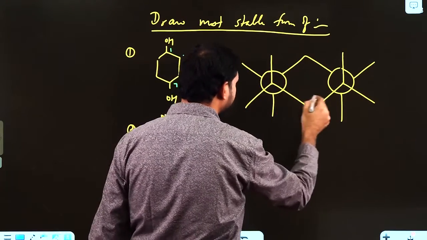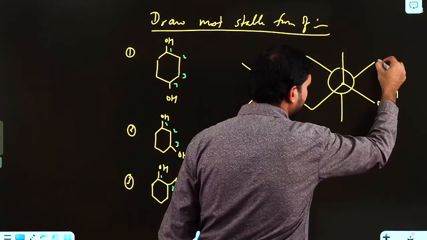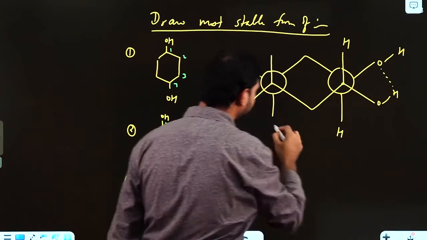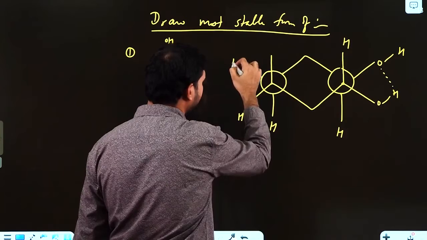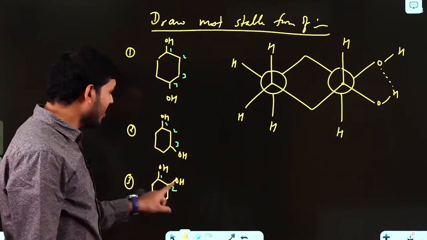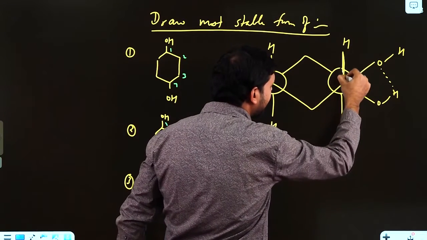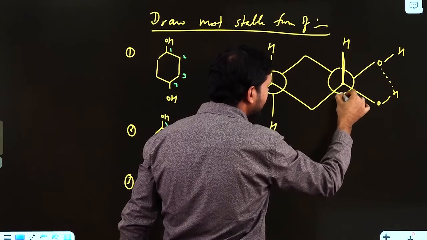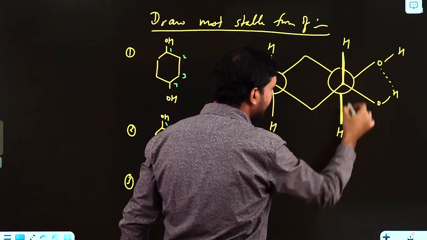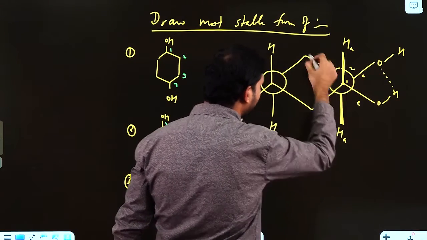Okay, now see, this is your 1. Now this is the best possibility which we can draw with respect to the Newman projection, where I have placed both OH in equatorial. You can see this is number 1 carbon in the axial part, and this is number 2 carbon, having backside number 2 with this axial part. So this is your equatorial, this is your equatorial, 1, 2, okay, 3,